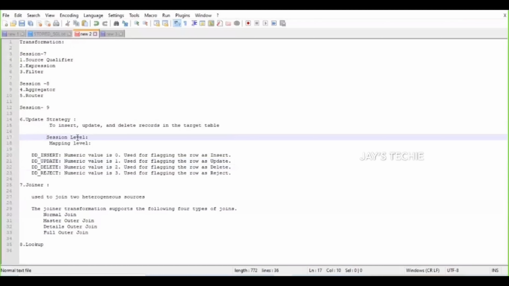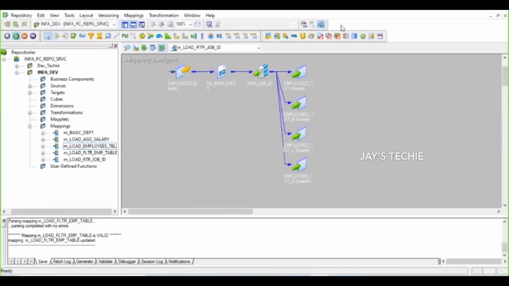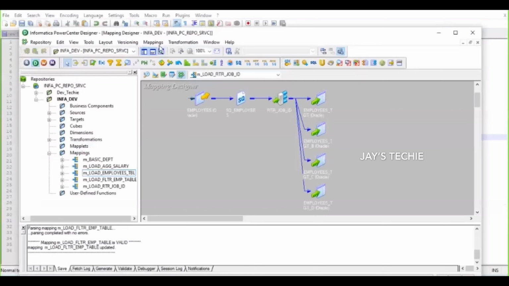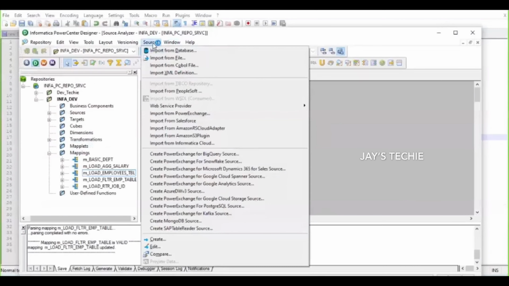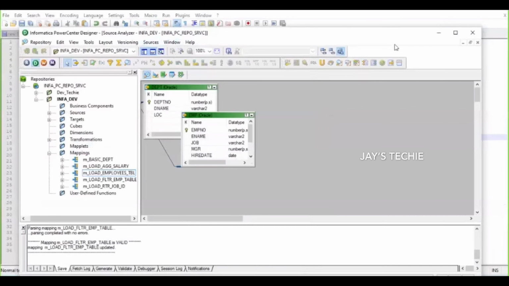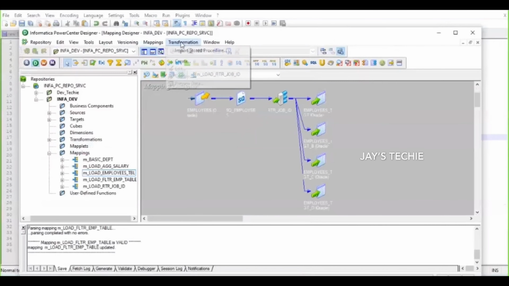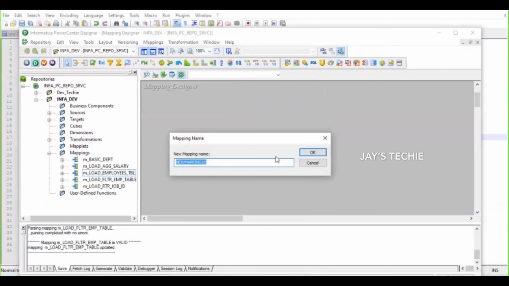As you previously know, we used to do an insert and update. So let's go and create a new mapping. I have already imported the table employee and department, as shown on the screen. Let's go to the mapping designer directly, click on mapping, create. We are going to update, so m_update, for the employee target, employee TGT table. So I'm creating a mapping.